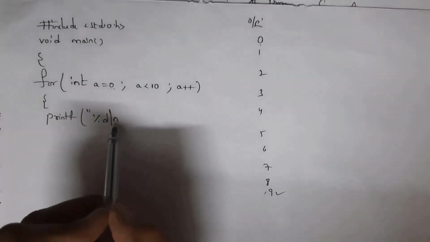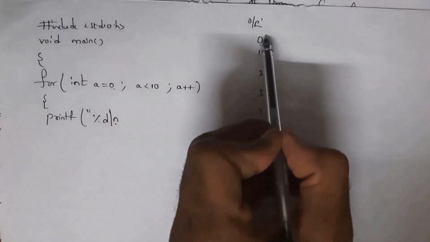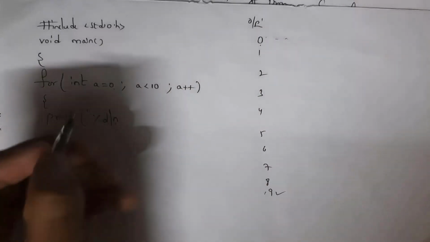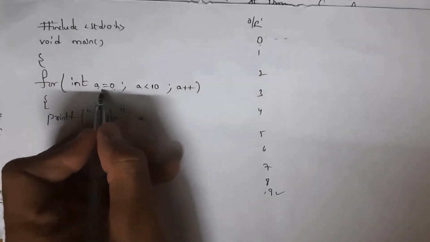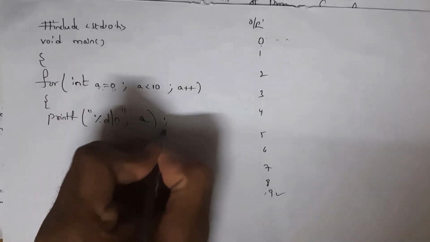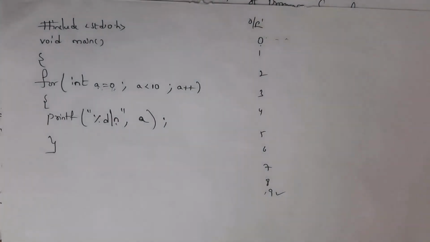For example, if you don't use here \n, then you will get output 0, 1, 2, 3 like that. So use here \n, double quotations close, comma, a. The value is present in variable a. So I am giving here a semicolon. Whenever you execute this program, then